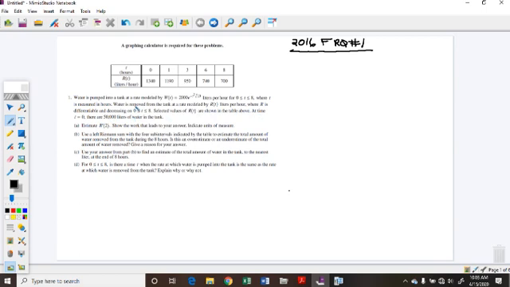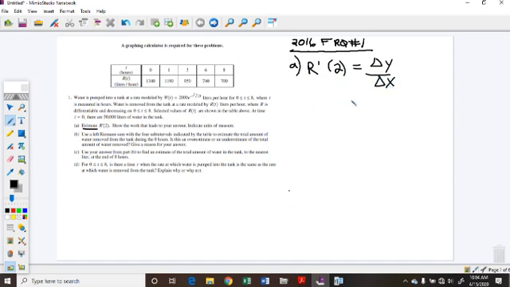All right. So let's start with part A. Estimate R prime of 2. Well, keyword, I think, is estimate. They didn't say find R prime of 2. They said estimate R prime of 2. And so the derivative of a function tells me the slope of the tangent line. So here are my values of R. If I want to find R prime of 2, all I need to do